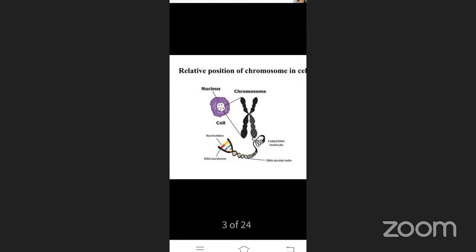The chromosomes were first described by Strasburger, and later observed